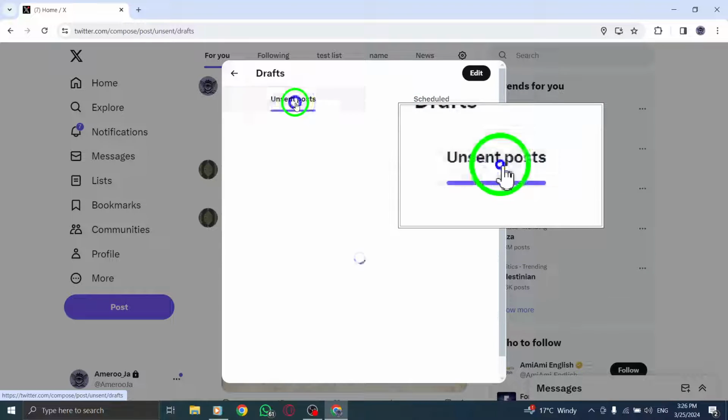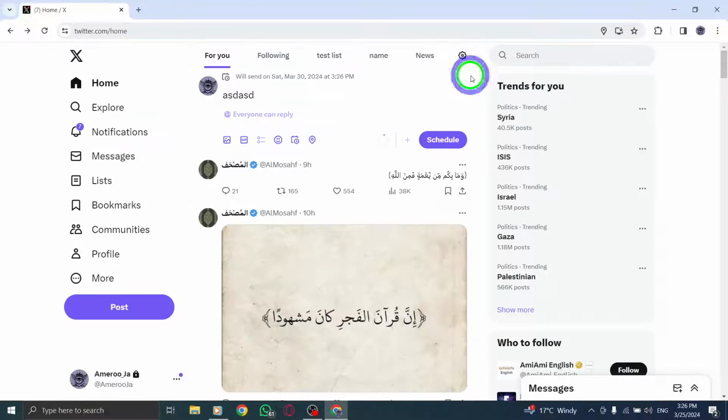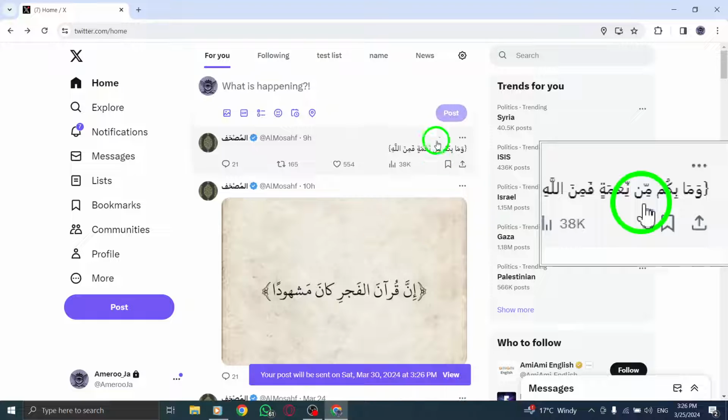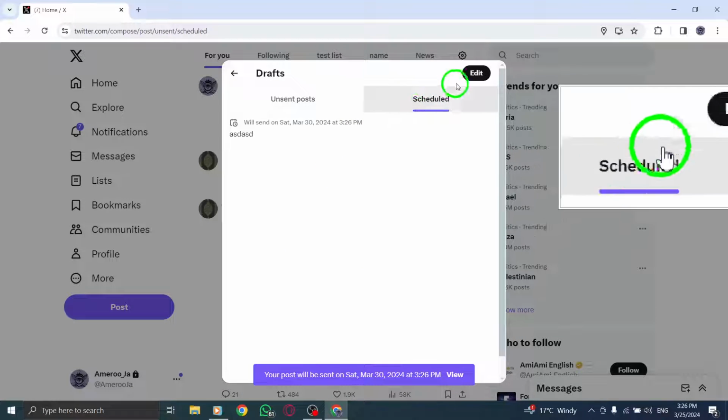Now head over to the Scheduled section, where all your scheduled tweets are listed. Here, you can select the specific tweets you want to delete by choosing them individually. Once you've selected the tweets you wish to remove, click or tap on Delete, located at the bottom right corner